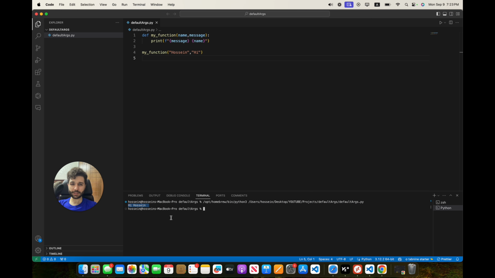Okay, so let's see what default arguments are. We want to have a default value for our arguments. For example, for message, we want to have a default value, and the value of that will be hi. We can simply define a default value with our arguments and put equal and then write the value that we want. In this case, if I don't pass the second argument when I'm calling the function,